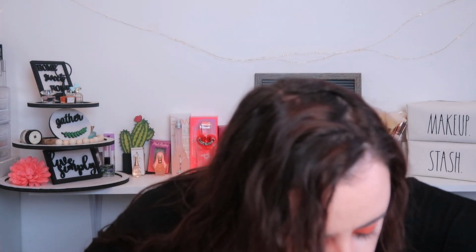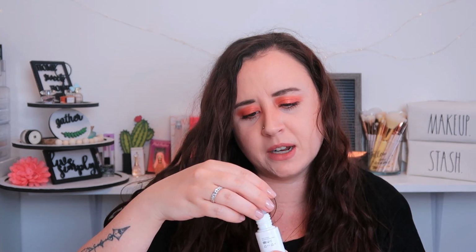Escape the hectic pace of everyday life through deep relaxation and restful sleep. Just a mild body scrub. That's really exciting. It's made in Europe. Next product was open. Hopefully it's got a seal on it. Oh no, a little bit leaked out. That's okay. It's from Balance Me Pre and Probiotic